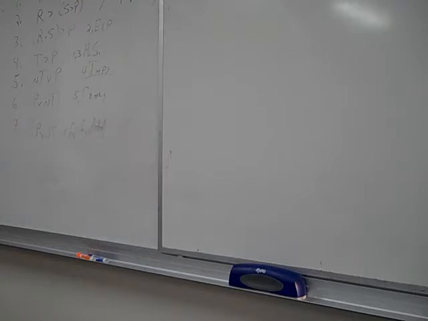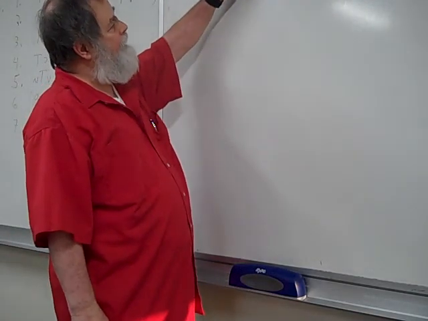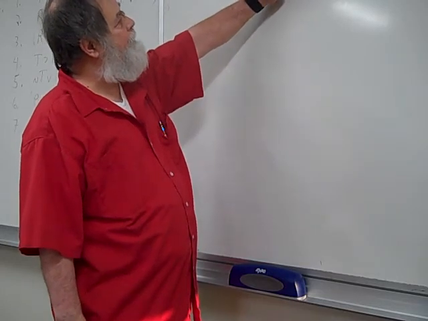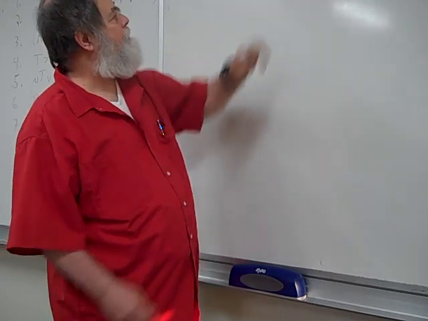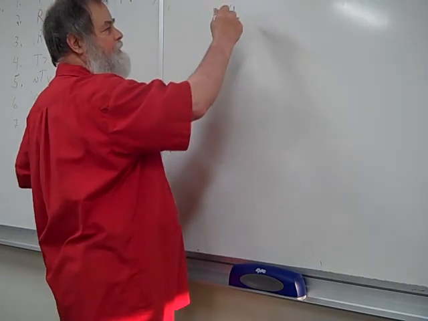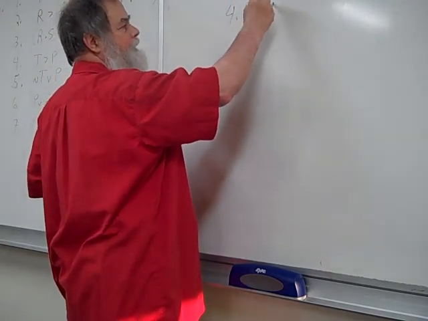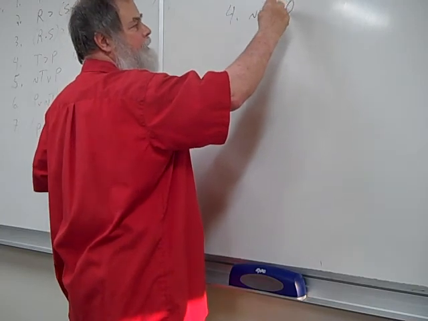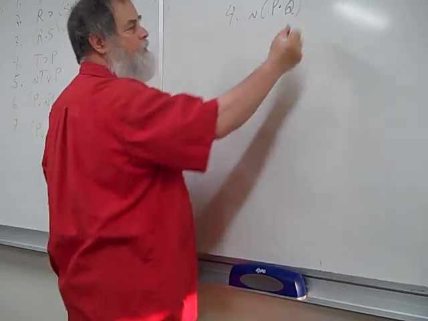In fact, if we get R or S, we might be able to put that together. Let's see. So what can we get out of the rest of this stuff? Well, we have not the case P or not the case Q. That's this. We just have to remember to apply De Morgan's to it, and it becomes not the case P and Q. De Morgan's